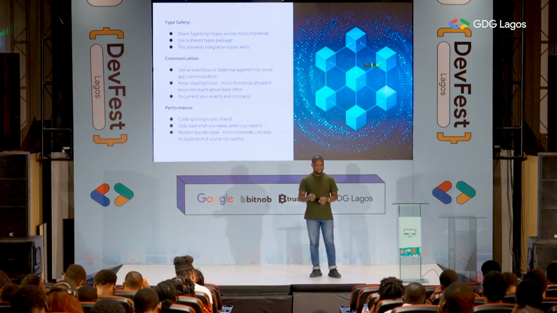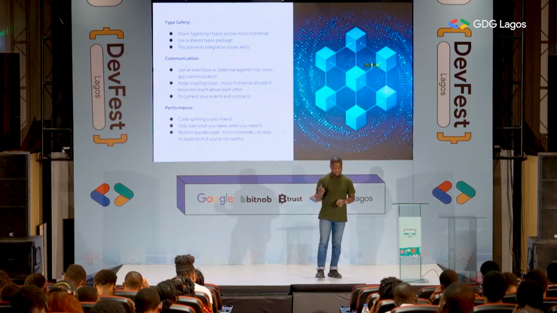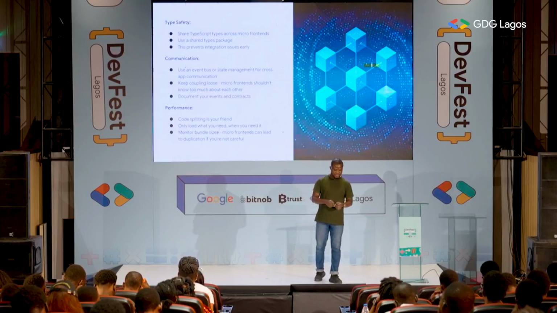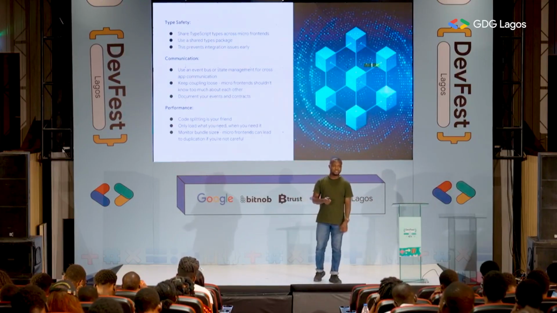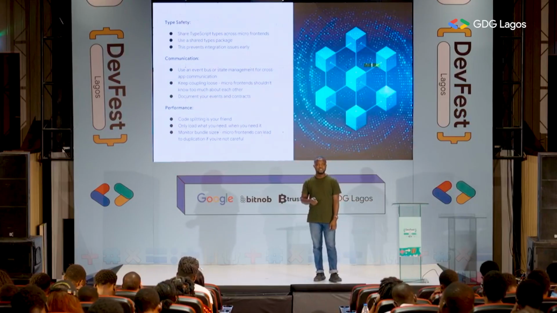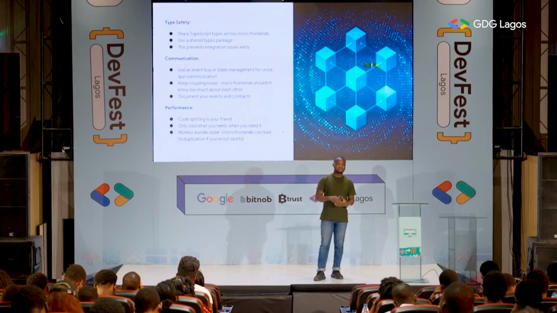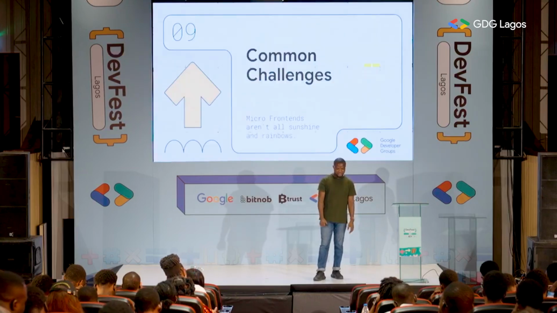So performance, we've talked about, we talk about lazy loading. Code splitting. You need to ensure that you implement code splitting within your application. It's a feature where you don't want the application to load all at once. So there's a feature that you can use to ensure your application loads at different intervals.